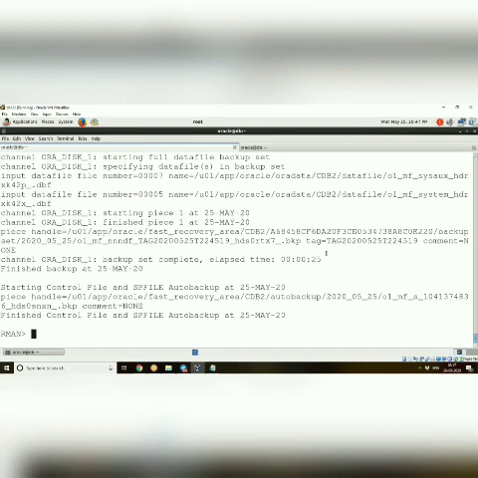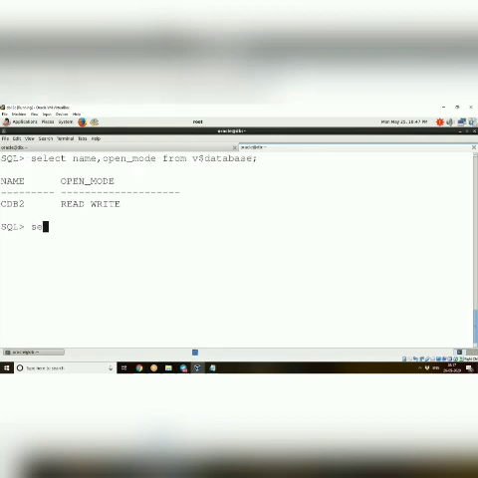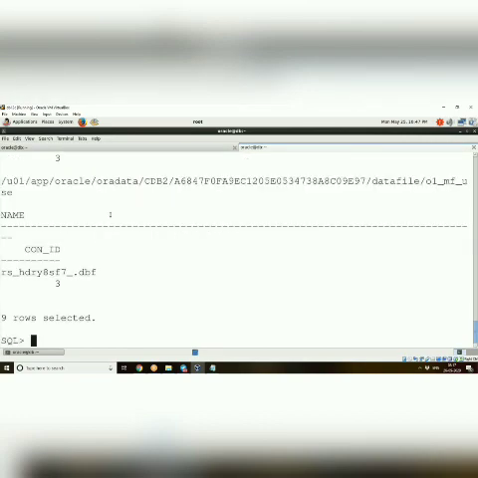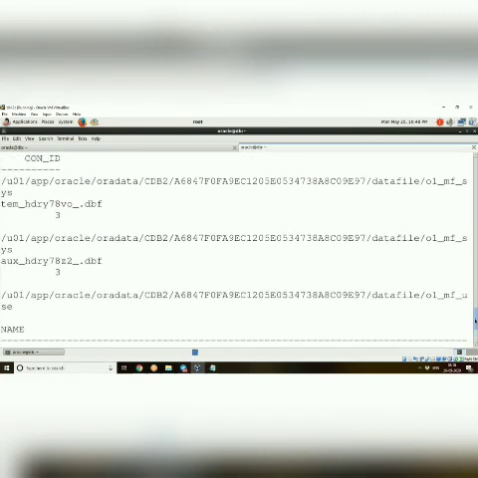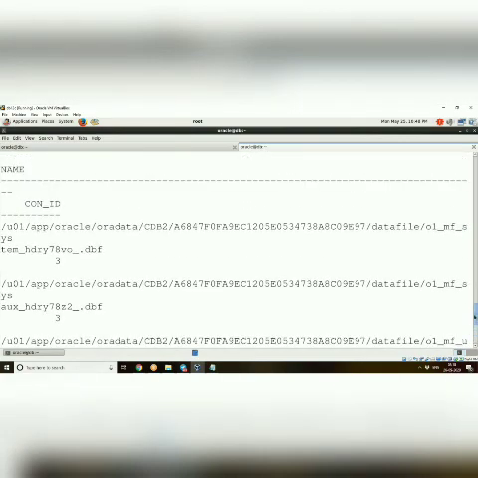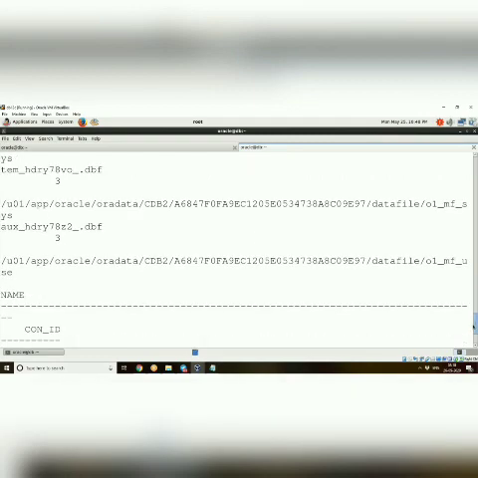Now what we'll do, we'll simulate one thing. That is, select name, container ID from v$datafile. So container ID is 3 means our PDB2 database. For PDB2, container ID 3. So these are the data files, that is system, sysaux and users.